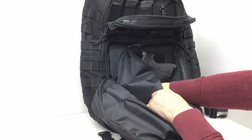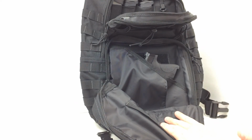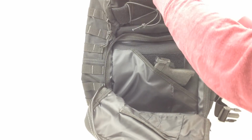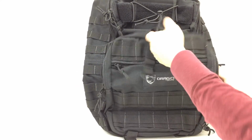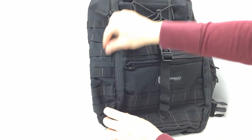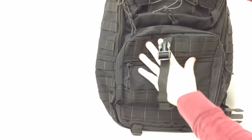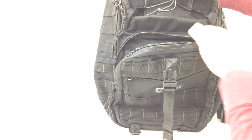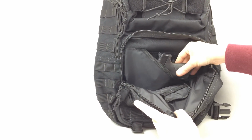I guess you could put anything in there really. I don't think it would be appropriate for magazines, but of course, this is kind of flopping around now since I took all the little air pillows out of it. But so I can see that being usable for